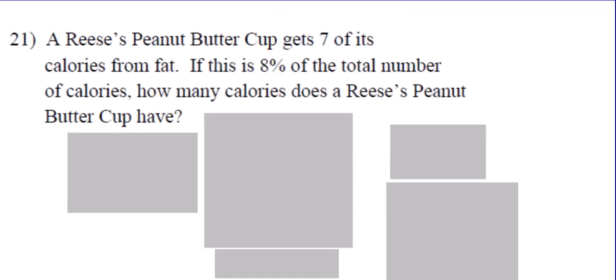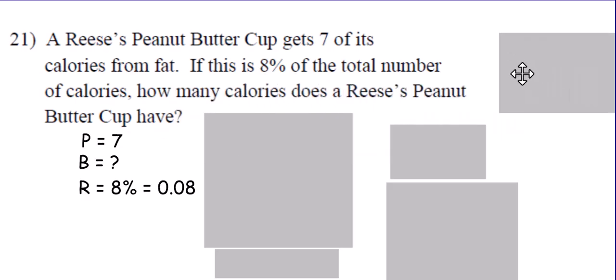All right, last two that we have here. A Reese's peanut butter cup gets 7 of its calories from fat. If this is 8% of the total number of calories, how many calories does a Reese's peanut butter cup have? So 8% is definitely the percent R. As a decimal, that will be 0.08. 7 is the part of the calories that come from fat. It's not the total number of calories in a peanut butter cup. I wish, but that is not the case. So the part is 7, the base is our unknown, the total number of calories, and then R is 8%